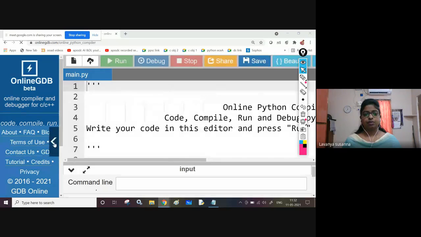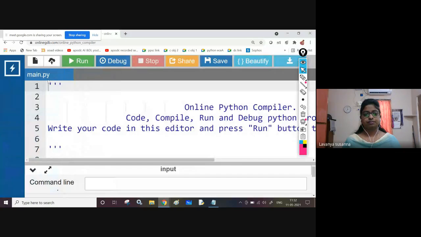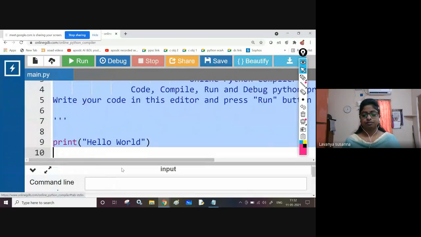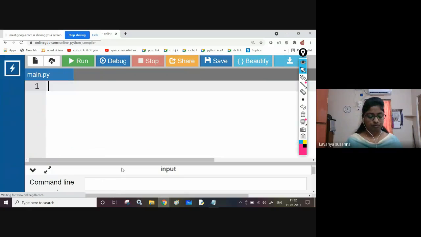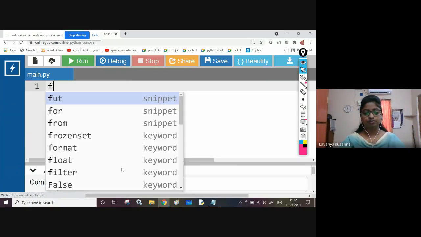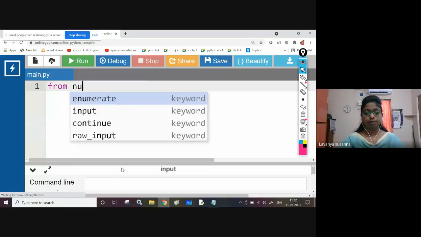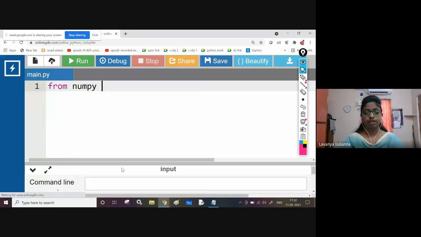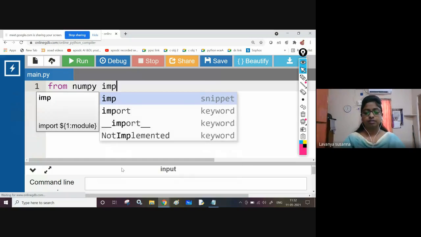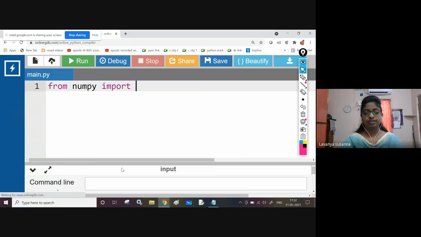I am writing the program to reverse the array. First, you need to import NumPy: from the NumPy package you are importing star.